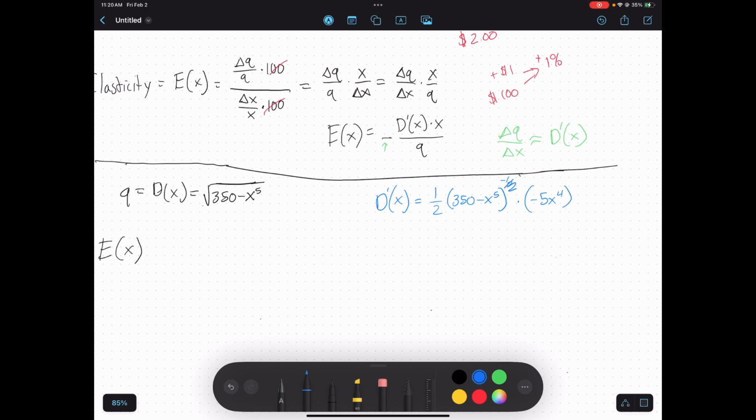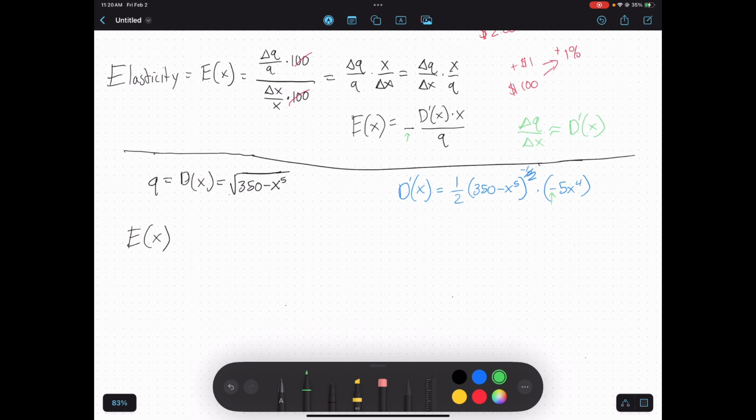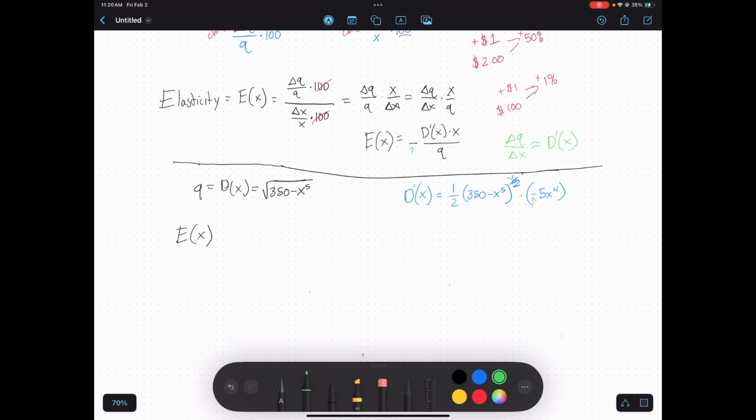Notice that your derivative has this negative being multiplied by it, and that's what gives us that negative relationship. It means my function's decreasing. This is a decreasing function. Very nice. Let me clean this up just a little bit. If I clean this up, I get negative 5x to the 4th over 2 root (350 minus x to the 5th). I can just move that to the denominator because it's a negative exponent. So, now that I have my derivative,